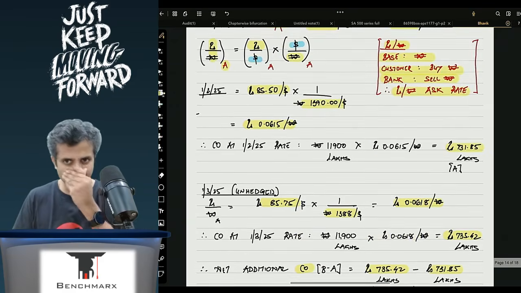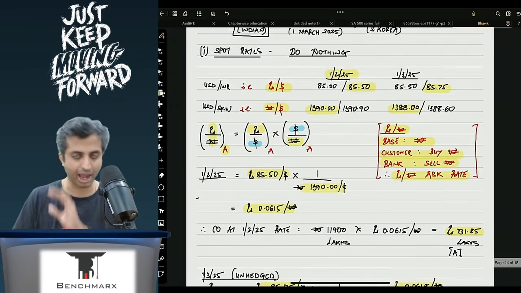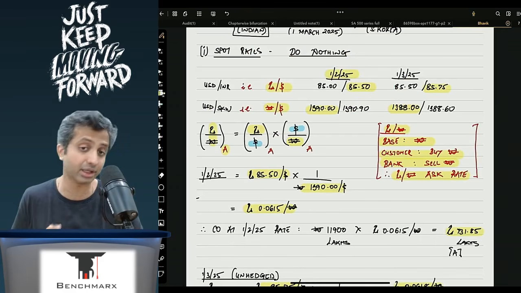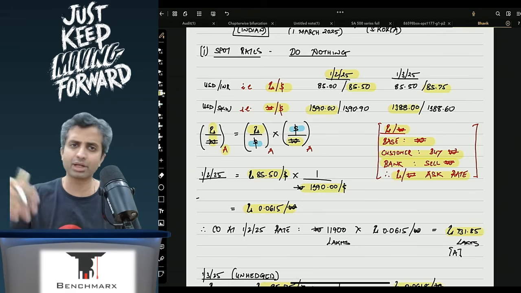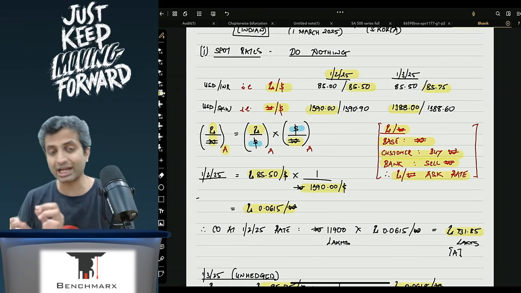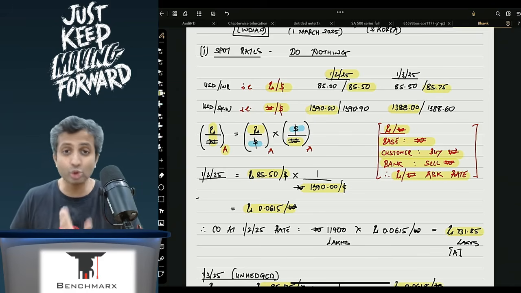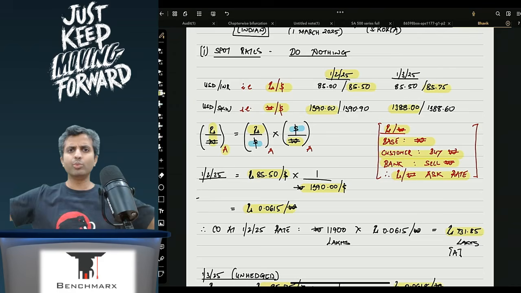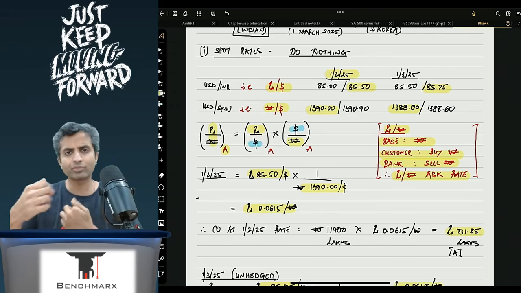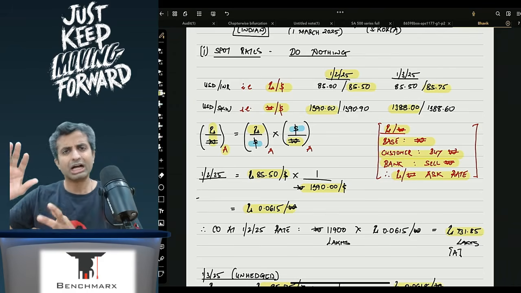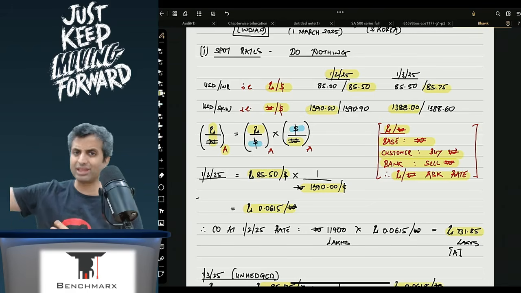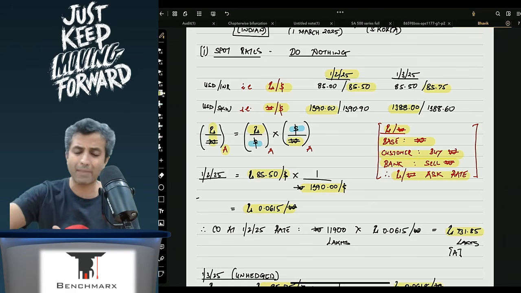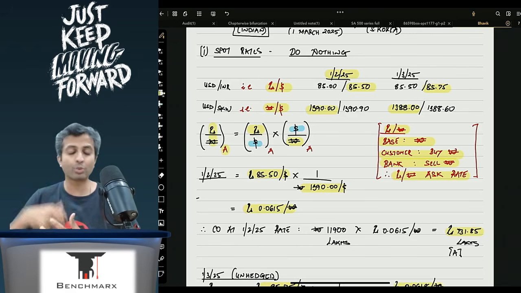Now this I would say is more of a cross rate application and understanding the market conventions of those Swift codes. So USD INR becomes rupees per dollar and so on. Now the second part over here is a non-deliverable forward. Usually in the case of a forward, we say I want to buy the won, so the banker wants to sell and I will take the forward rate. When the time comes after 1 month, I will go to the bank, pay the agreed amount in rupees and get the won.